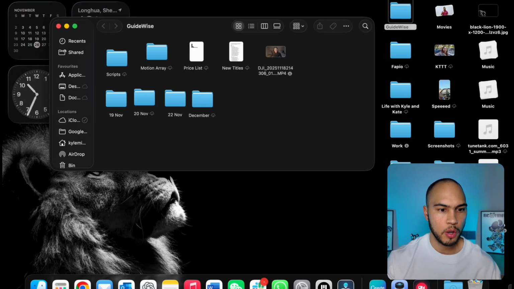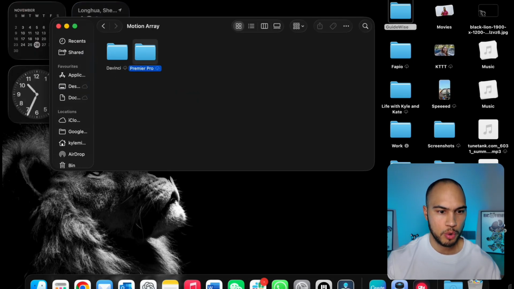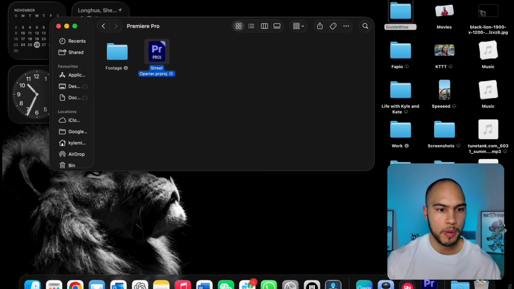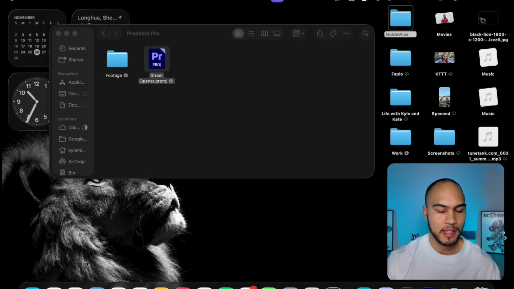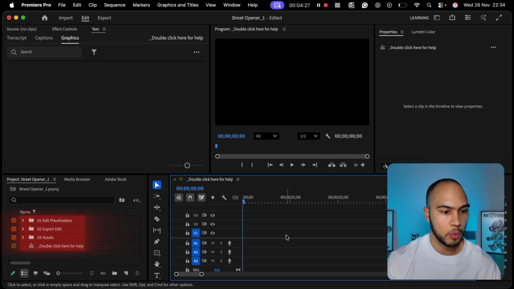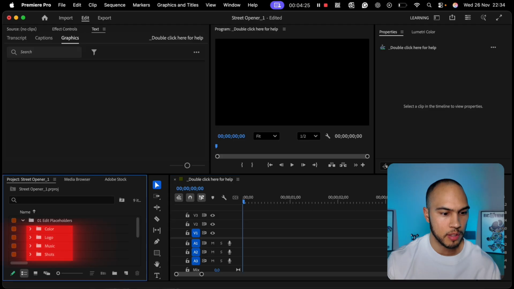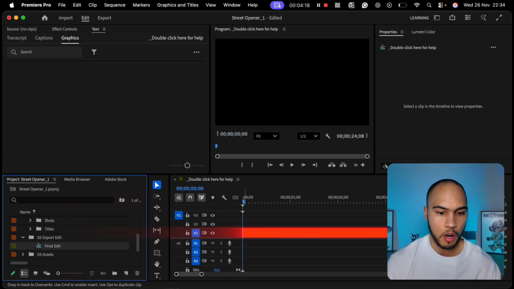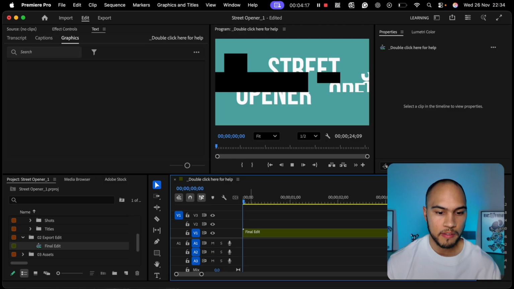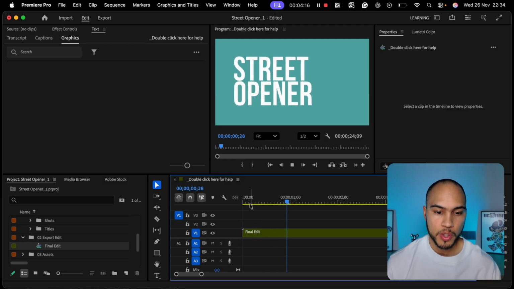Open that file and go to the project file, which is usually proj. Double-click or right-click and open with your selected editing program. On the left, you will see your files. If you select Edit Placeholders, you will see color, logo, music, shots, titles. If you select the second file, you will see Export Edit. If you drag that final edit file onto your timeline, you will have a completed intro, which makes it easier